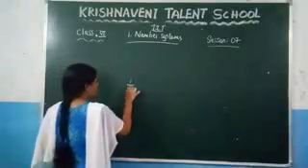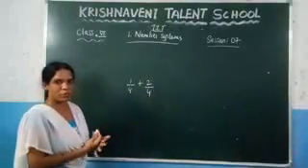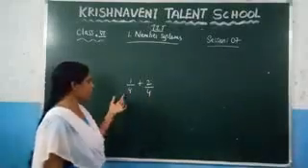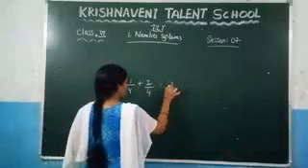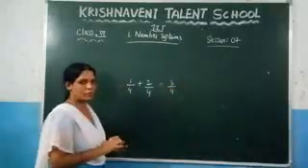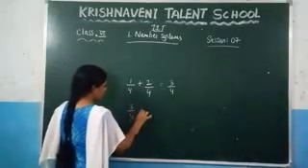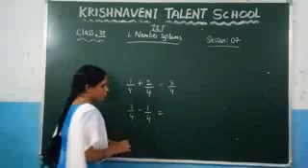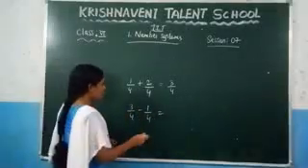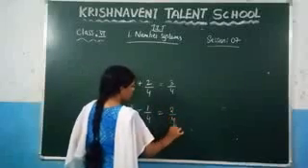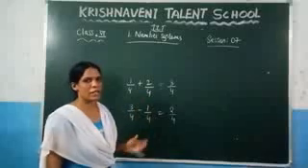Again, if you are given the like fractions 1 by 4 and 2 by 4, here we are adding the two like fractions. So clearly you can add the numerators. What you will get is 1 plus 2, which is nothing but 3 by 4. Suppose you want to subtract two like fractions, let us consider 3 by 4 minus 1 by 4. Since the denominators are the same, you can subtract the numerators. So what you will get is 2 by 4. This one you can directly do if you are given like fractions.